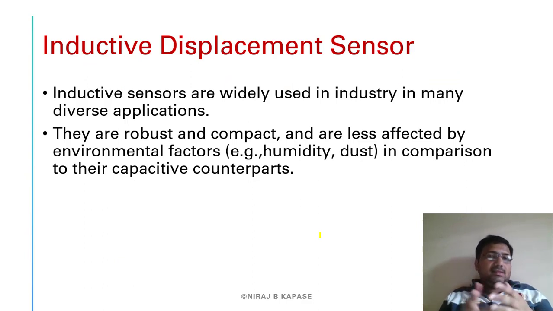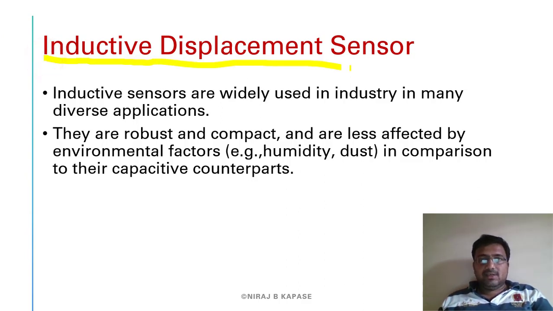As far as electronics is concerned, R, L and C are very important components. First we have seen R, that is resistive type of displacement sensors, and now we are going to move towards inductive displacement sensors. For the inductive displacement sensors, the electromagnetic flux plays a very important role. So what do we mean by electromagnetic flux?